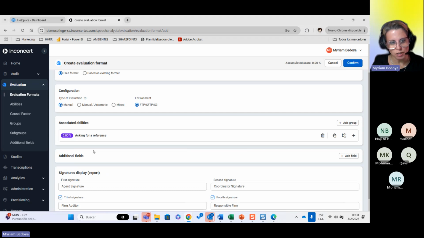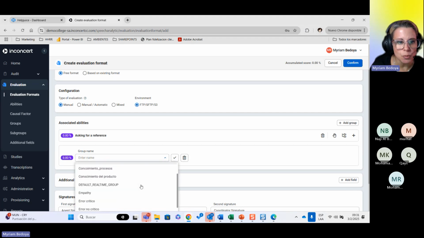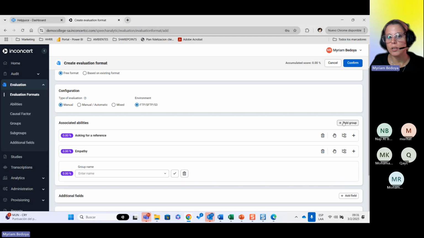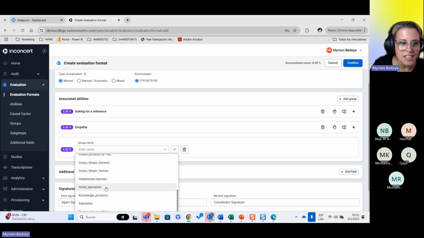I like topics more than abilities because it's not always abilities what you're testing. But what are all of the topics that your client needs to have audited in that format, right? So this is where you are going to come and add all of the abilities that you want to create. For example, if I want a second ability or a second topic, let's say I want to check on empathy, and then another one, let's say, hopefully I have another one in English, initial